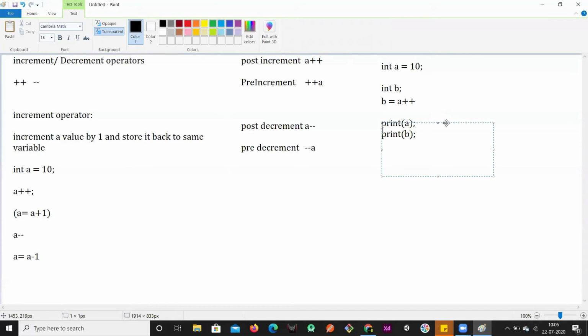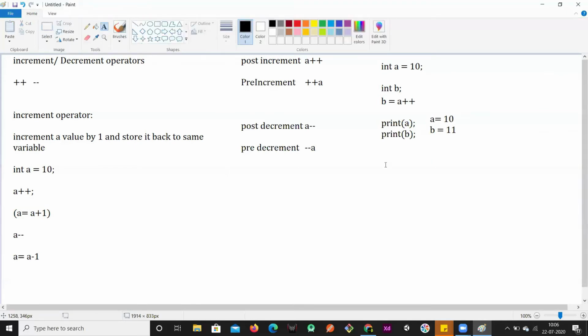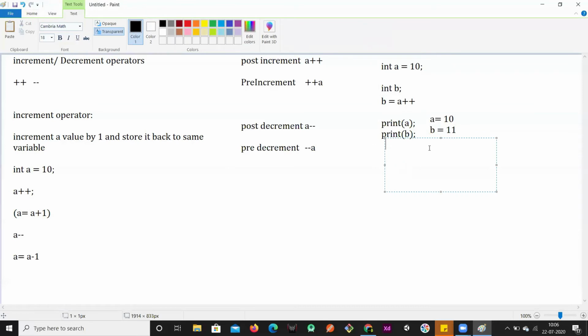So what you said, a will be 10 and b will be 11, are your assumptions, right? Actually, since this is a post increment, first the a value will be incremented and stored back in a only. That means a equal to 11.